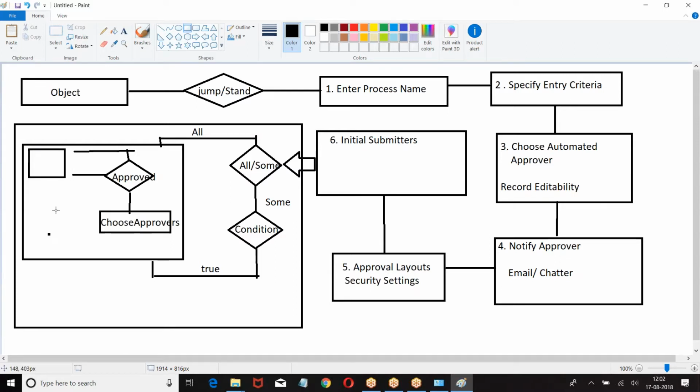So finally, this is the process we are following. Then I can choose the extra points you have seen.